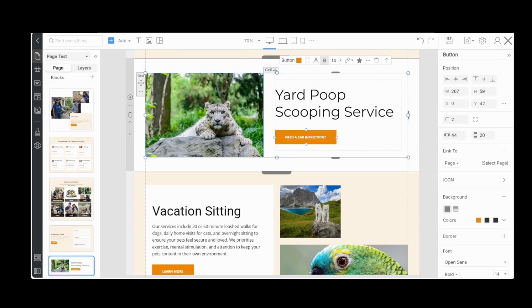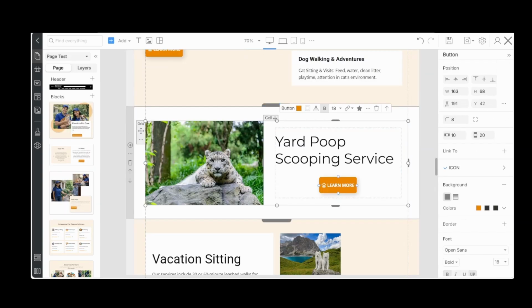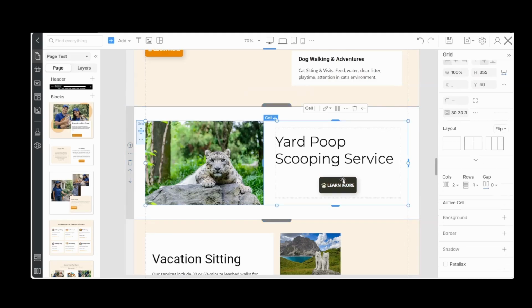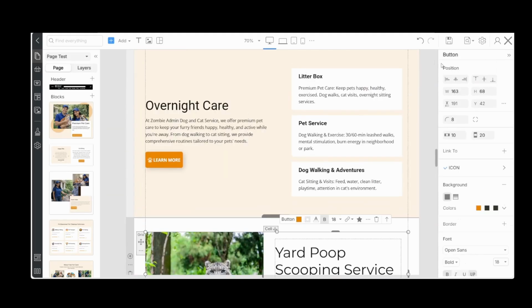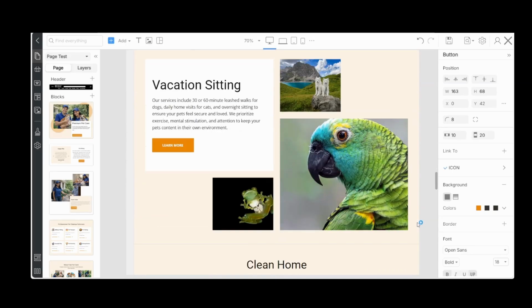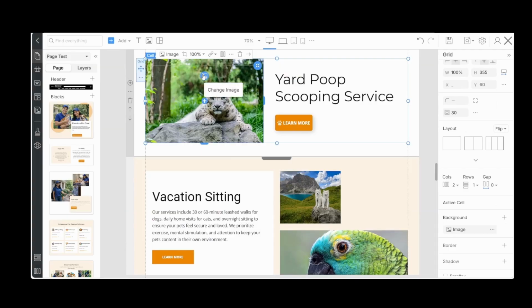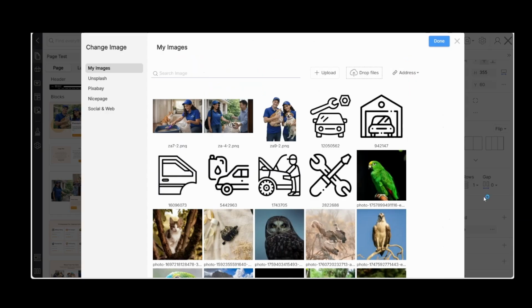I'm going to continue on with this, and we will place this to the left. And start swapping out the photos. Let's swap out the photo here and every other photo.